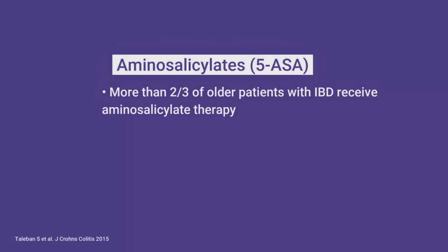The second medication is aminosalicylates. Now, data has shown that over 2/3 of older IBD patient population are on aminosalicylates. And it's probably because aminosalicylates are fairly benign, they don't suppress the immune system, and the oral pills are fairly well tolerated. However, in terms of safety, there are a couple things we should be mindful of, or even just